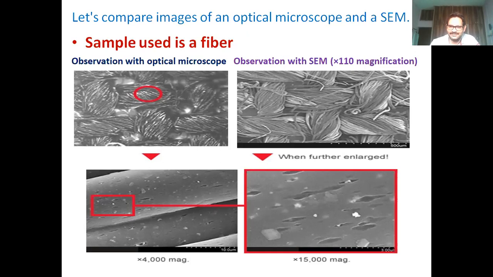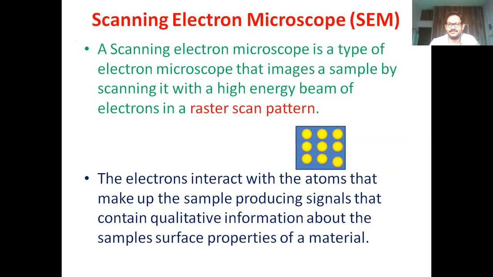We can see the inner part of the structure in a more resolved manner. We can see even the distinctions. It is resolving what is there inside, what is the distance, what are the characteristics, everything that we can learn from this SEM. So first today, in the electron microscope, we are just going to learn about the scanning electron microscope.